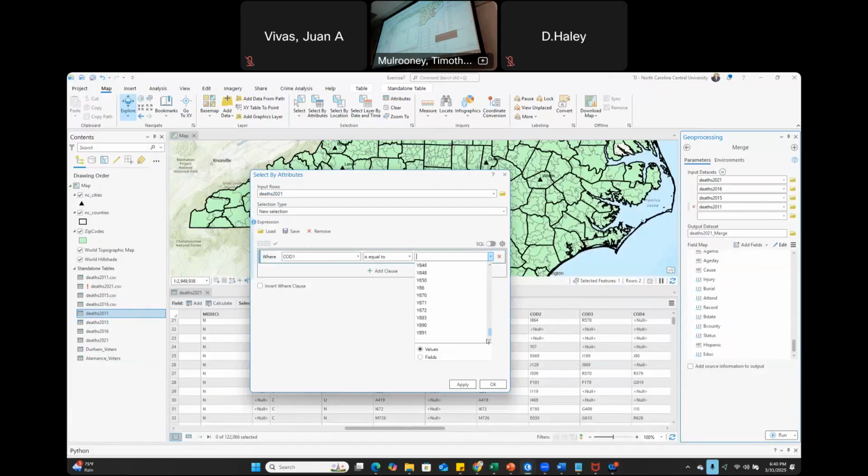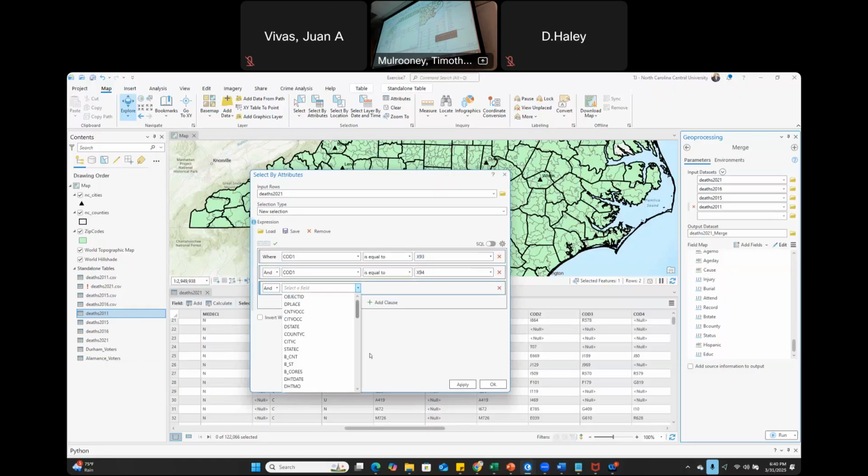Let me look for X. I'm just going to run this here where it's equal to this. Yeah, add the clause, code 1, but Daniel's probably onto something, but I just want to make sure I show everyone where it is. And then code 1 is equal to,